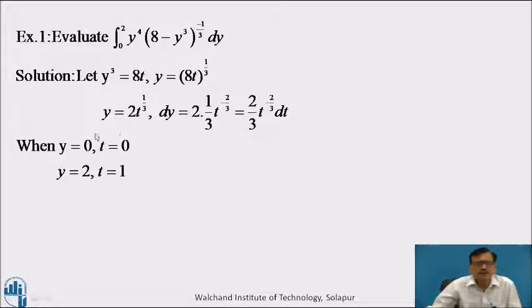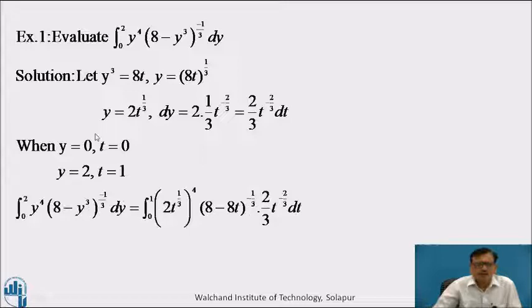Substituting these values in the given example, we get the integral from 0 to 2 of y raised to 4 into (8 minus y cube) raised to the power minus 1 by 3 dy equal to the integral from 0 to 1 of (2t raised to 1 by 3) raised to the power 4 into (8 minus 8t) raised to the power minus 1 by 3 into 2 by 3 into t raised to minus 2 by 3 dt,